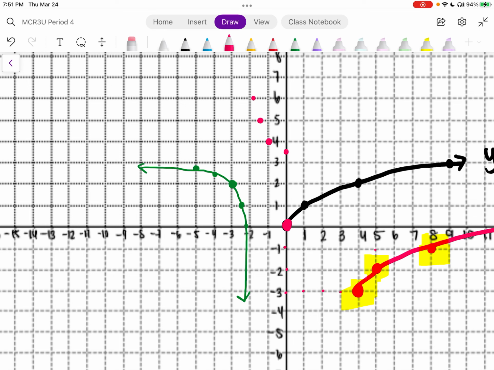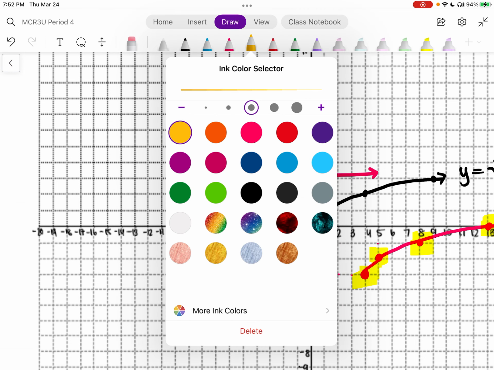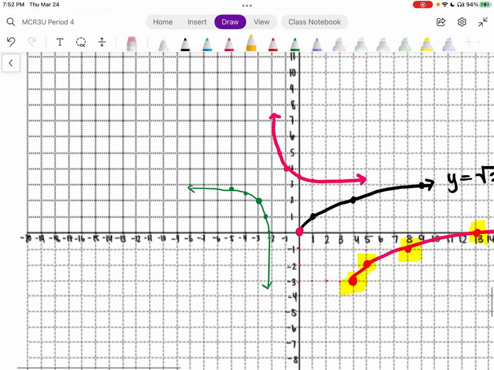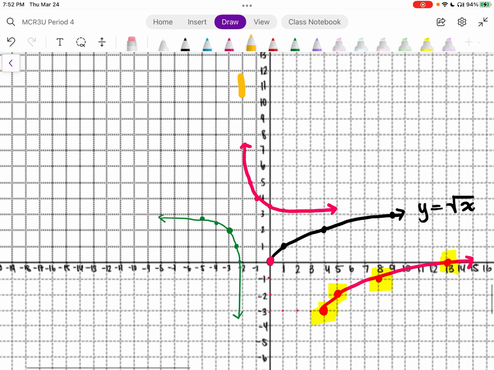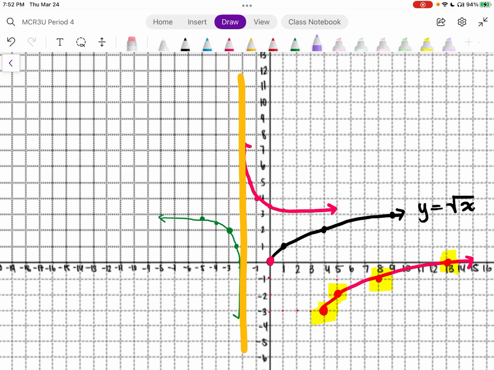0 is going to go to 3.5, and then 1 is going to go to 3.3, so something like that. So our graph is going to look something like this. Okay? So that's what our graph is going to look like. And if we think of the asymptotes, we have one over here at x is equal to -2, right? And then we have one here at y is equal to 3,